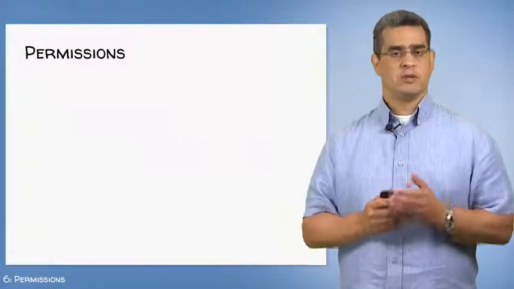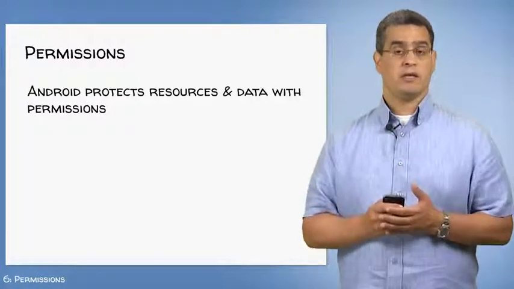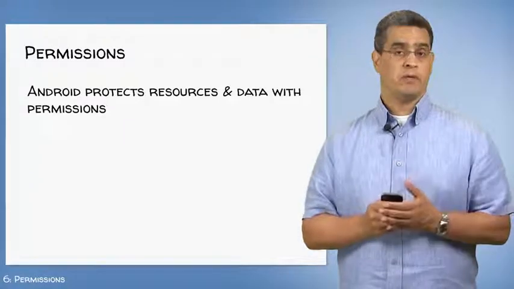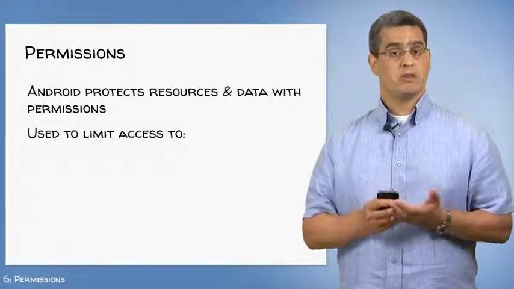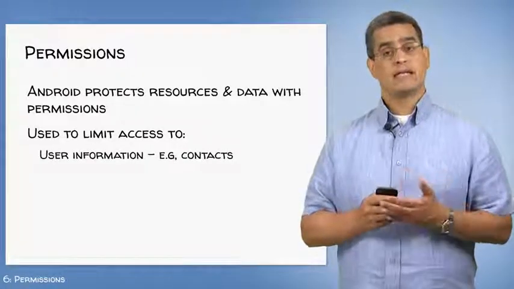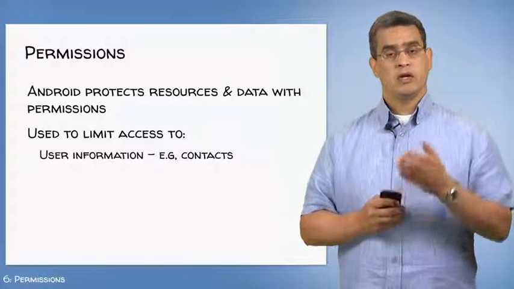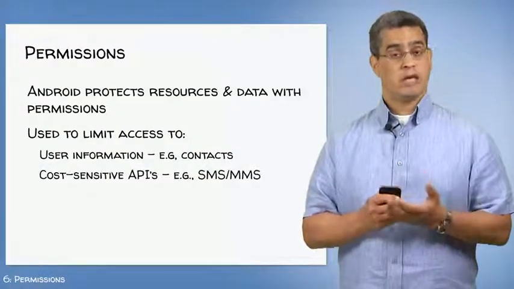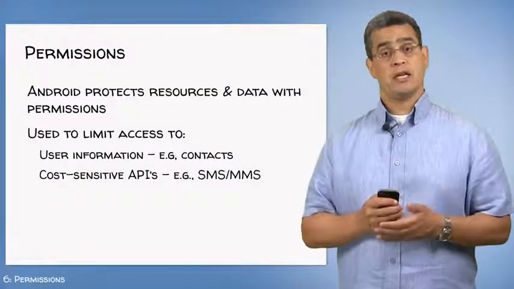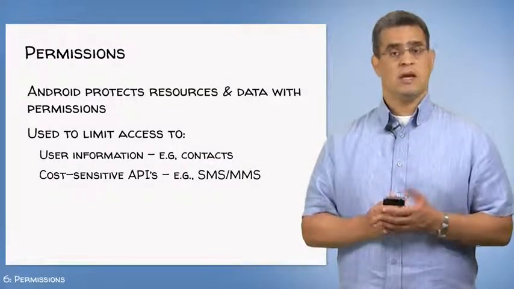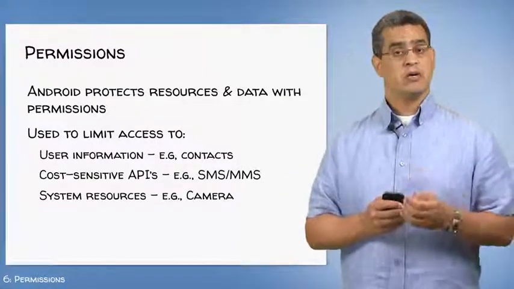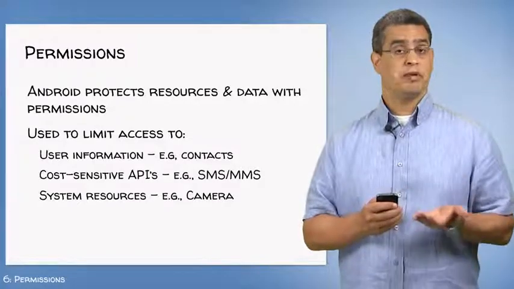Android uses permissions to protect resources, data, and operations. And applications can also define and enforce their own permissions to limit access to their resources, things like user information. For example, to restrict who can access an application's database. To cost-sensitive APIs. For example, to restrict which components can invoke costly operations, such as sending SMS or MMS messages. And to system resources. For example, to limit which components can use the device's camera to take pictures or record